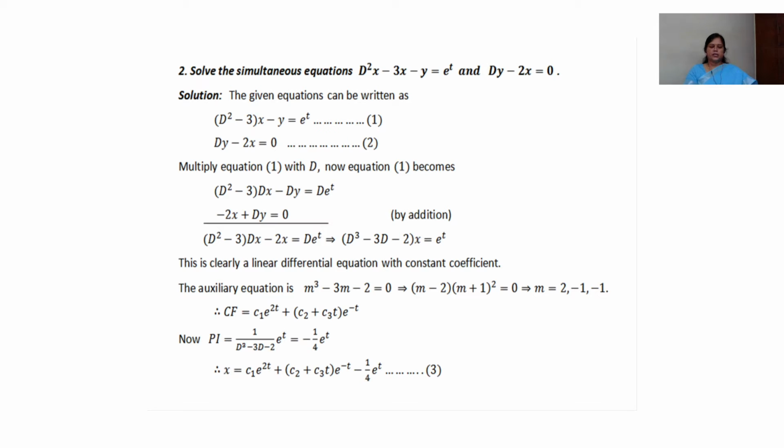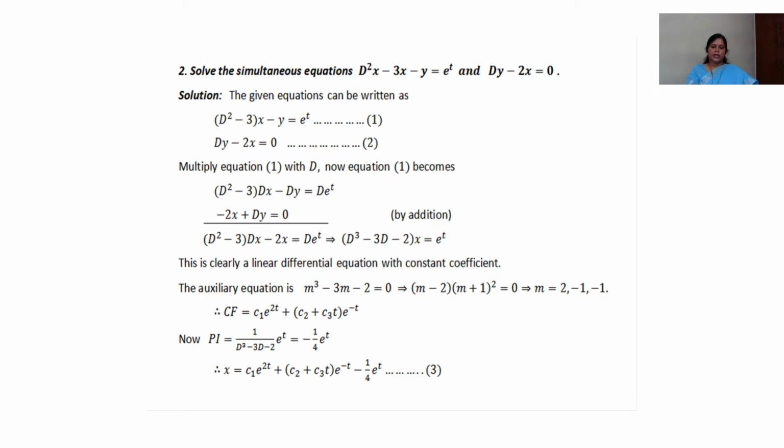So here this is the form of linear differential equation with constant coefficients. We got it again, so we are going for the auxiliary equation. The auxiliary equation is m cube minus 3m minus 2 is equal to 0. So we have to go for factorization and get the value of m. If we factorize, we can write this as (m minus 2) into (m plus 1) whole square, that is equal to 0. m is equal to 2 and minus 1 we have.